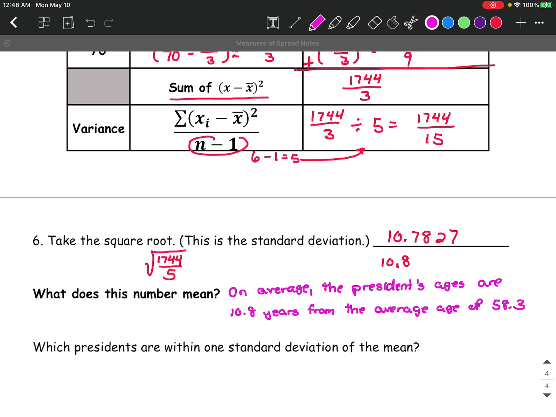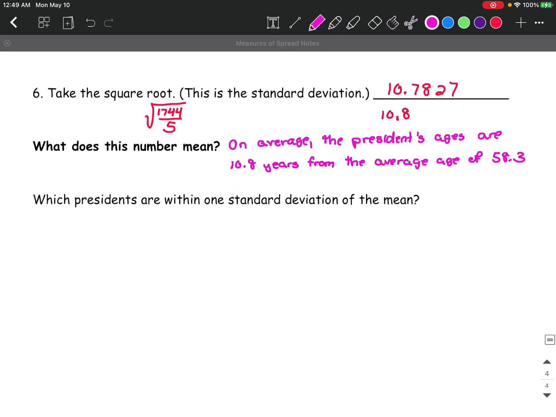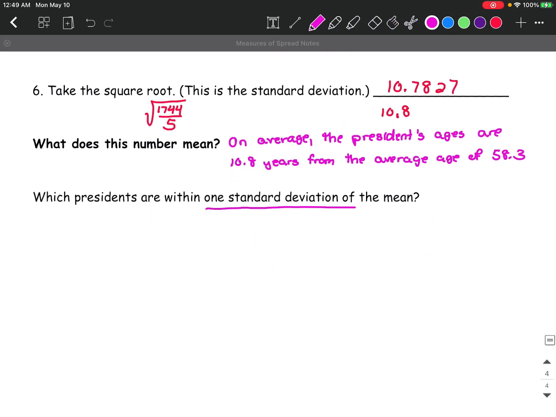All right. Phew. Okay. That was a lot of work. Now, there's one more thing I want to look at. Which presidents are within 1 standard deviation of the mean? What on earth does that mean? I always find it best to do this with a number line. And I'm going to put my average, my mean, right here on my number line at 58.3. Now what we're going to do is take our standard deviation and add 10.8. 58.3 plus 10.8, that's